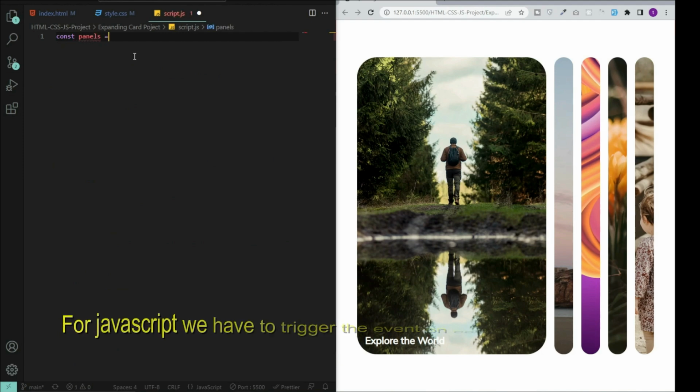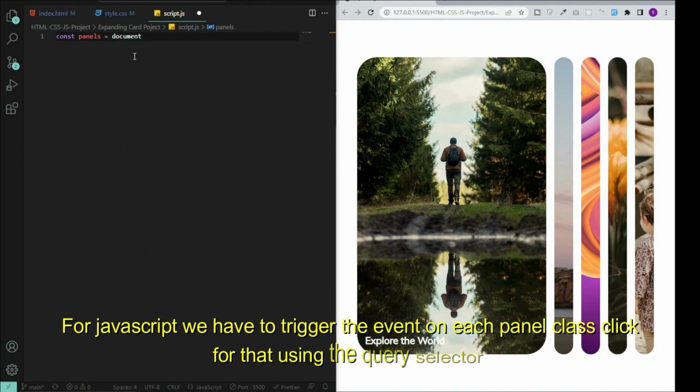For JavaScript, we have to trigger the event on each panel class click, using the query selector.